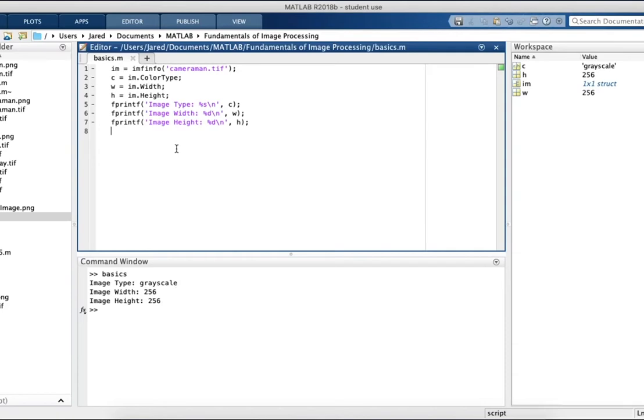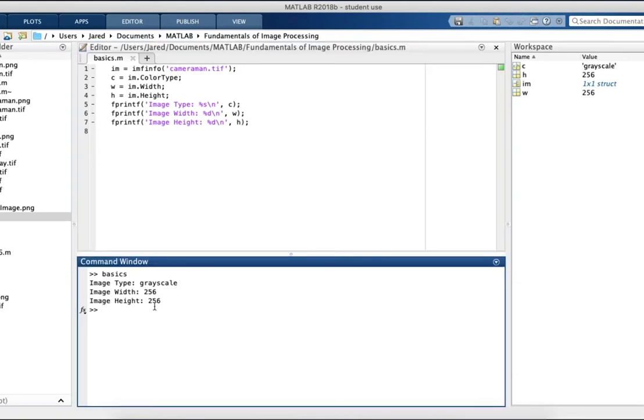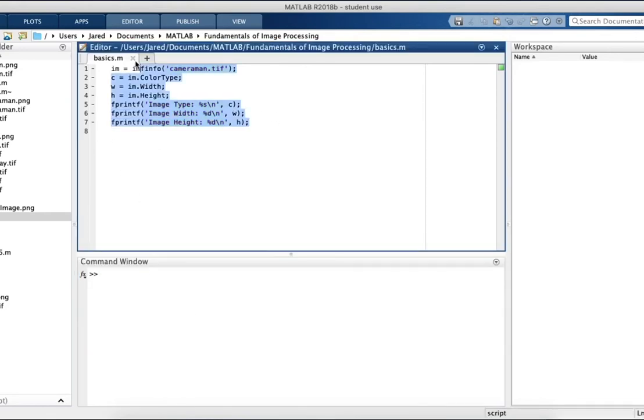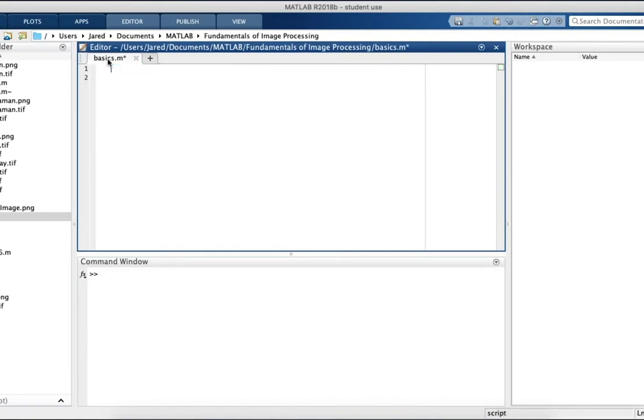Alright, so now I will show you how to convert different images to another color type. So let's say a colored image to grayscale image. So first I'm going to just clear all, and then clear the command window. So let's do a color image to grayscale first. So im equals imread. To read in an image, we'll start with autumn.tif,